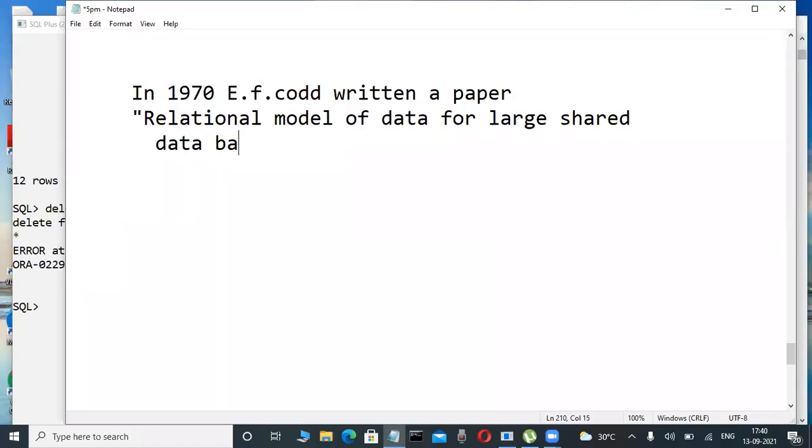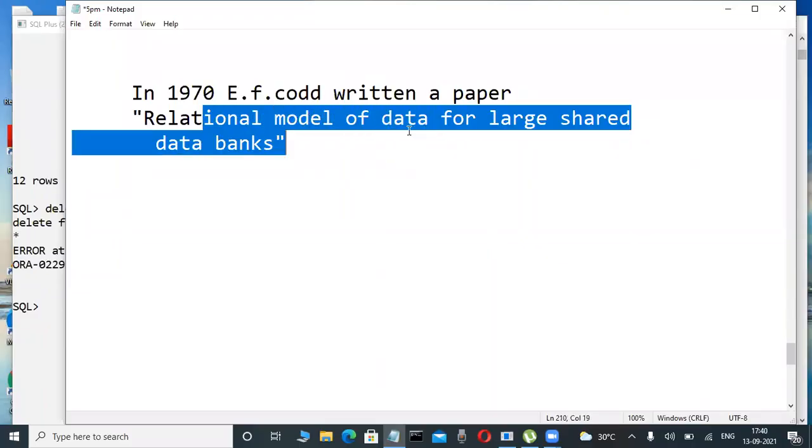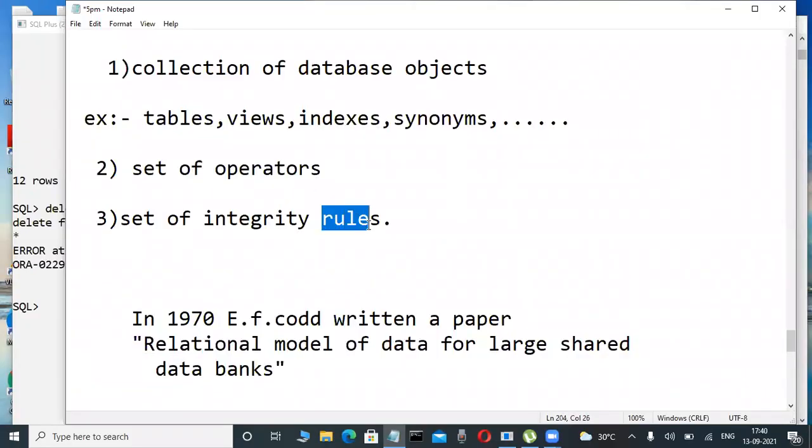Observe it here. Don't worry about this one only. Just observe it here. I am telling it for your interest. E.F. Codd is the father of the relational data model. He wrote the paper A Relational Model of Data for Large Shared Data Banks. In this paper, now we are telling us